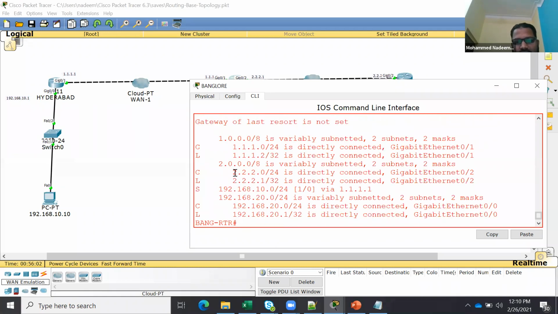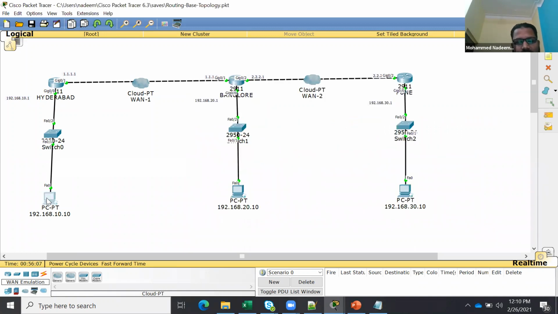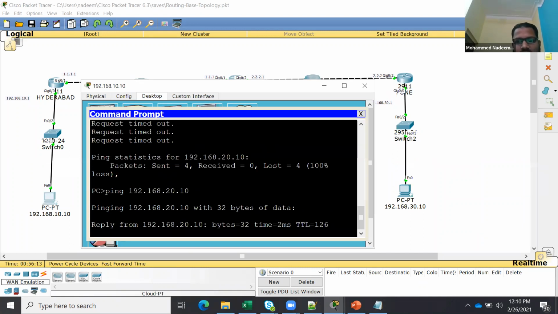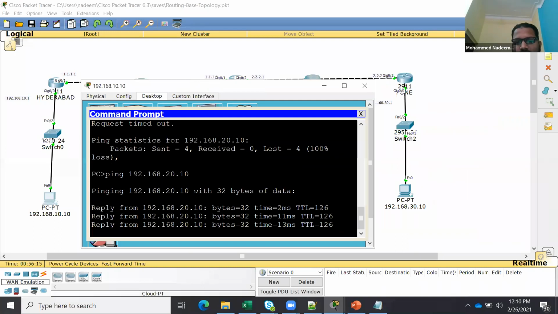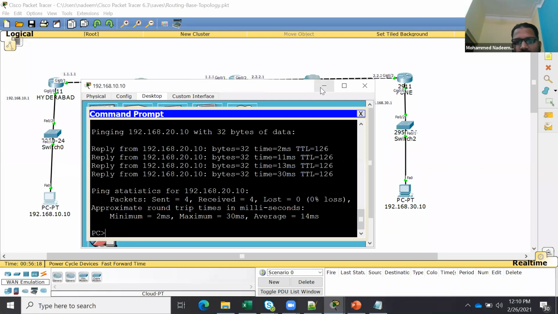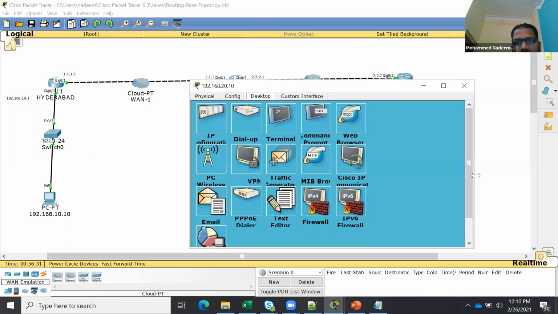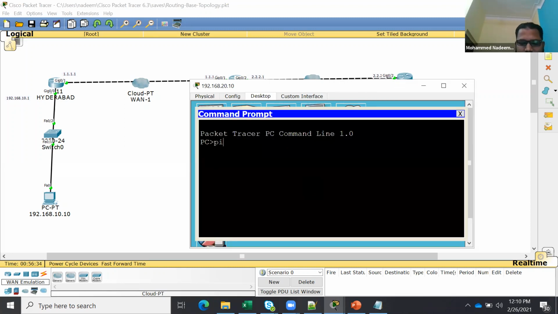Now show IP route. So we defined that. Okay, now it has the entry. So can I go and check the ping now? Here we go. It's pingable. The network is pingable now. Both LANs are pingable. Why? Because the router is playing a big role here, with the routing table we defined, right? Similarly, from Bangalore router, can they come to Hyderabad LAN? Yes, obviously, of course.